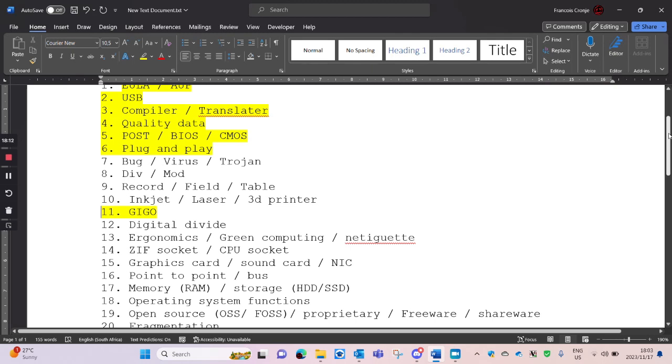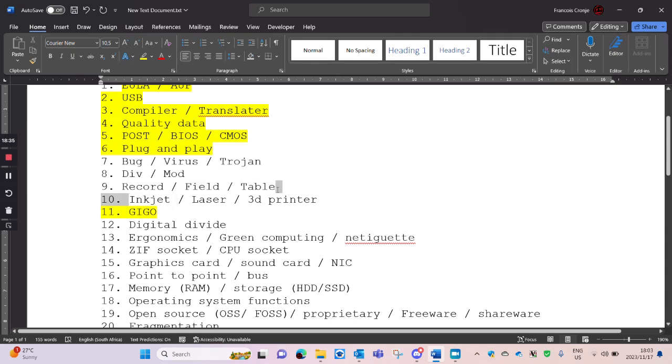Between 1 or 2 marks. If it's 1 mark, then you just say automatically detects new components. If it's 2 marks, then you say automatically detects and then looks for the drivers. That would be the second mark. All right. Then I'm going to stick with hardware for now. So we'll come back to those ones.